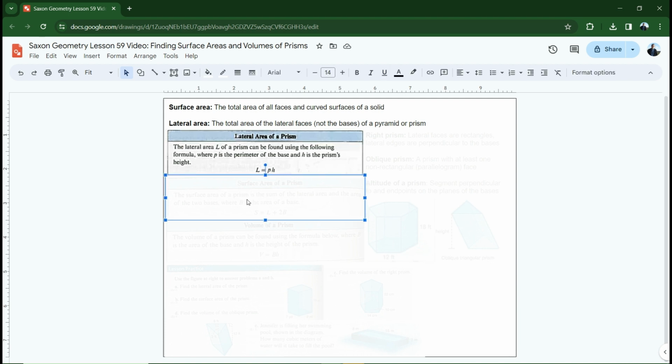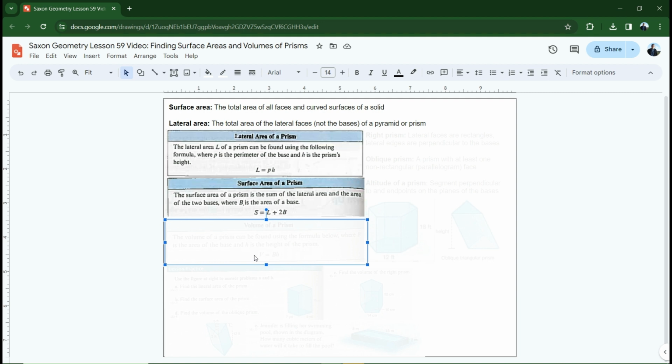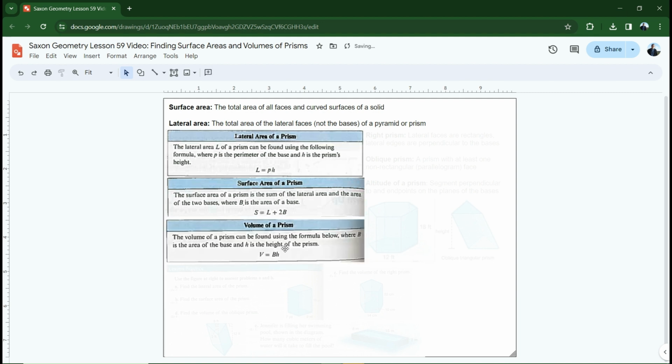The surface area, this one we have to actually add together all the faces. So what we need to do is find the lateral area first. You could find that by adding together the areas of each face, or you could find it by finding the perimeter of the base and multiplying times the height. But then we have to add to that the area of the bases. We have to add 2 times the area of one of the bases because in a prism the bases have to be exactly the same. The volume of a prism is going to be the area of a base times the